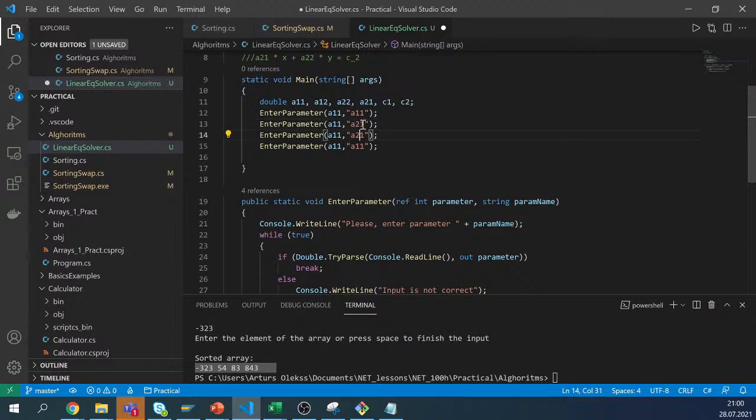A21, A22, and A12. Okay, but just follow the sequence. Let's do it in this way. Okay. So and then also the parameters for C1 and C2. So okay, now